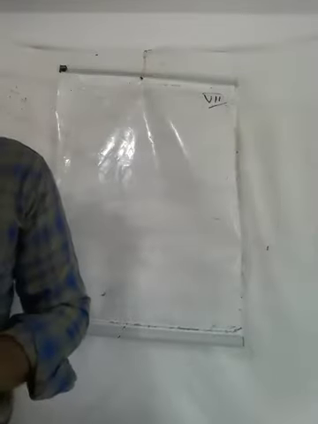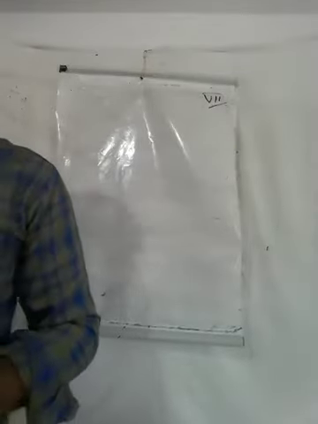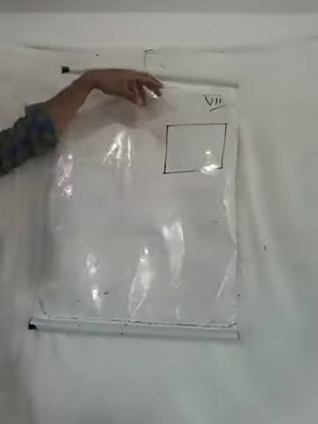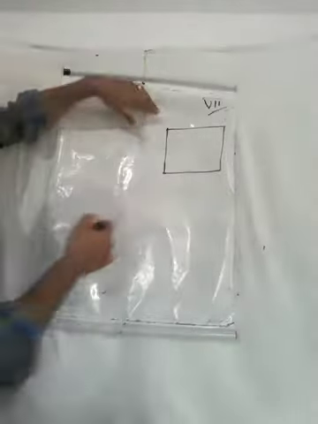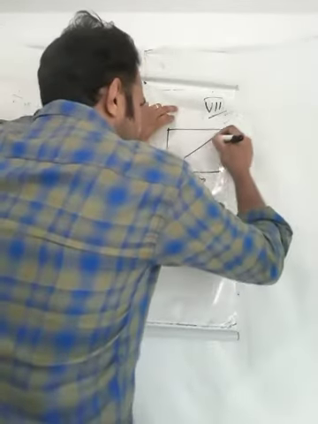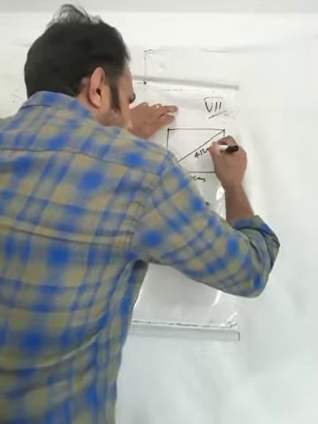We can discuss another problem in your textbook, the same exercise, seventh one. Find the perimeter of the rectangle whose length is 40 centimeter and a diagonal is 41 centimeter. Find the perimeter. This is the rectangle, seventh one.